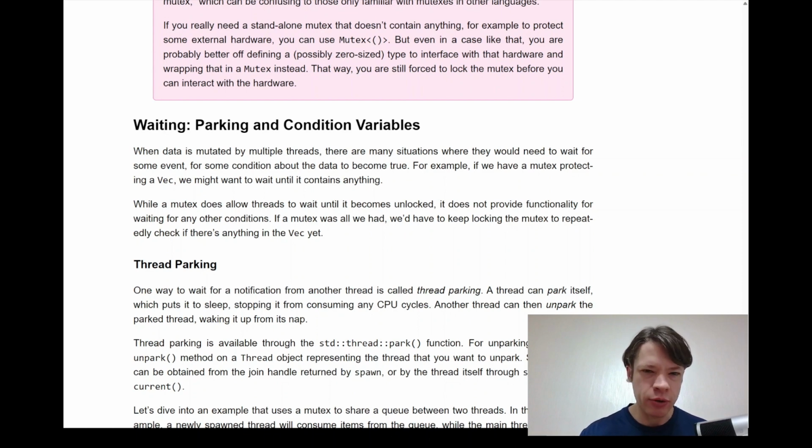It shows how you can manually get a thread to go to sleep, and then wake it up when there's something for it to do. So let's just start reading. If it looks really complex, it's because it's leading up to a better solution. So let's read it. When data is mutated by multiple threads, there are many situations where they would need to